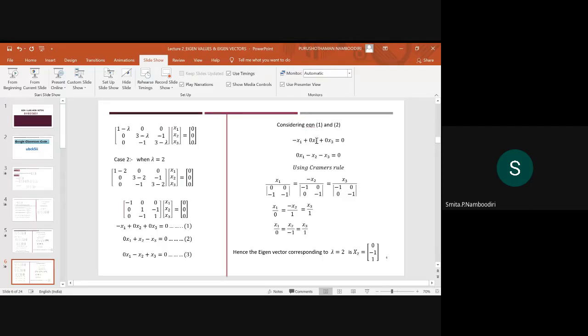एनी डाउट मैम? हाँ, मैम कंसिडरिंग इक्वेशन में सेकंड इक्वेशन 0x1 प्लस x2 माइनस x3 है ना? हाँ, दिस इज प्लस ना, करेक्ट, दिस इज प्लस। मैंने शायद सेकेंड और फर्स्ट और थर्ड लिया लगता है, नहीं नहीं, इट्स प्लस ओनली, यस आई हैव टेकन डिफरेंट, यस इट्स प्लस, करेक्ट, यू आर राइट, प्लस, करेक्ट है। हाँ, तो अभी क्या होगा फिर, x1 विल बी, तो ये 1 हो जाएगा, राइट, ये 1 हो जाएगा, माइनस x2 अपॉन माइनस 1 0, 0 माइनस 1, और अगर x3 लिया तो माइनस 1 0, 0 एंड 1 हो जाएगा, ओके, करेक्ट।